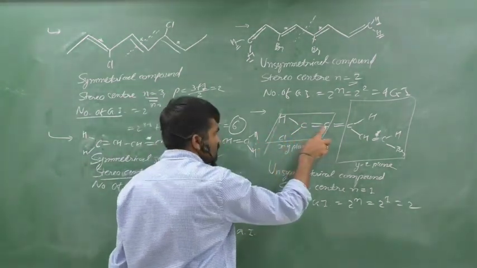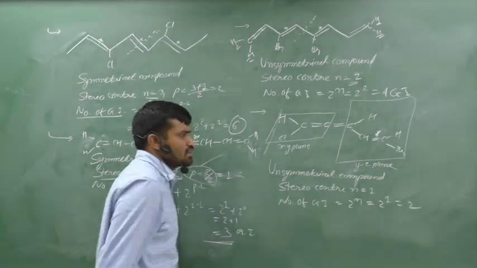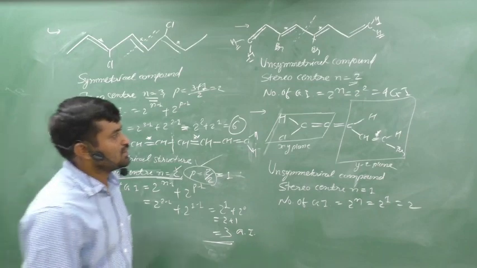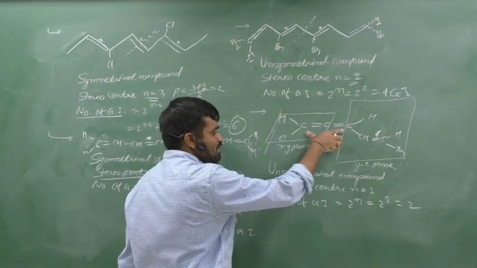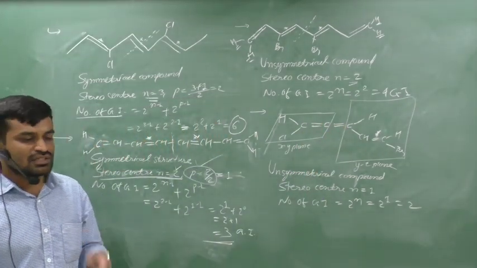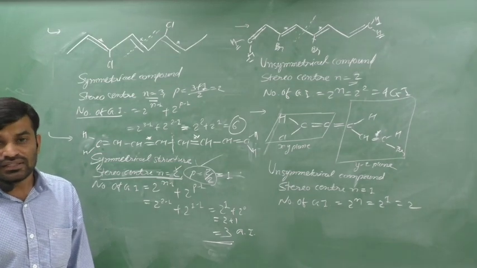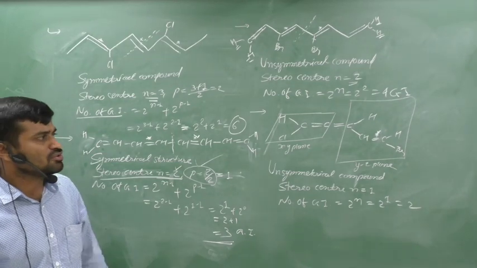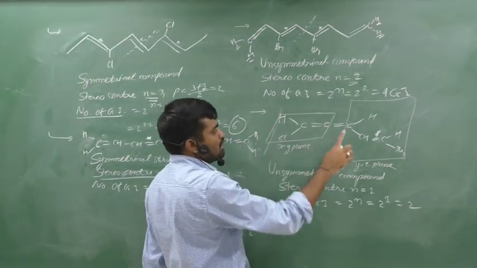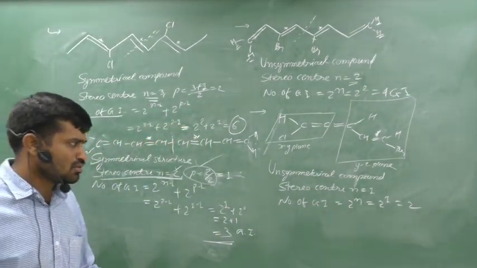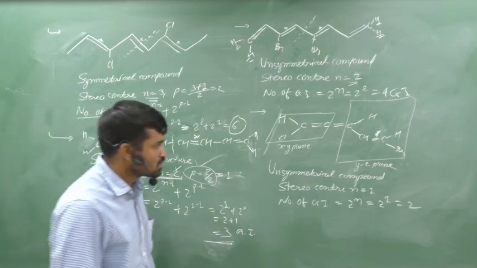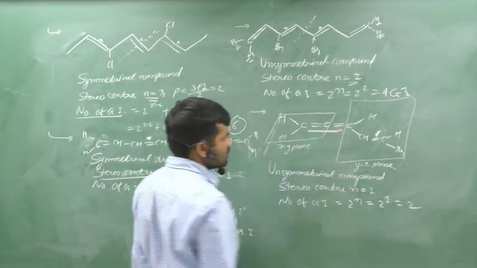HCCl, C double bond C, C double bond C, HCH double bond C, H and Br. Very easy. You can say that this part is an allene. But this and this double bond do not show GI, because in an allene with an even number of double bonds, GI is not shown. We cannot consider these two double bonds, because of the xy plane and yz plane. There is the same areal distribution, so no geometrical isomerism is possible for an even number of double bonds in an allene. Therefore this part does not show the GI.